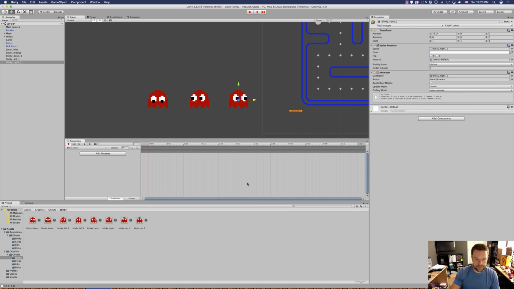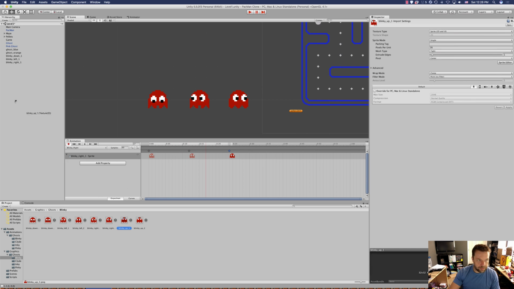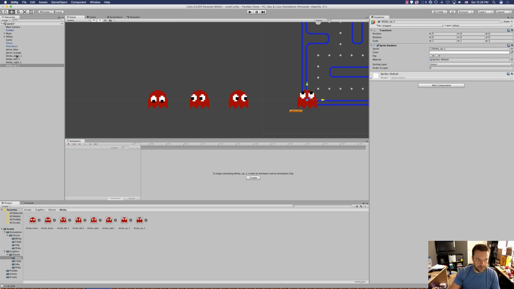And click save. Add property, sprite renderer, sprite, insert our second image, Blinky Right. I already had it in the right spot, so we just need to move this one to 24, test it, looks good. Now we're going to make Blinky Up, use the Blinky Up 1 image. With it selected, click create,